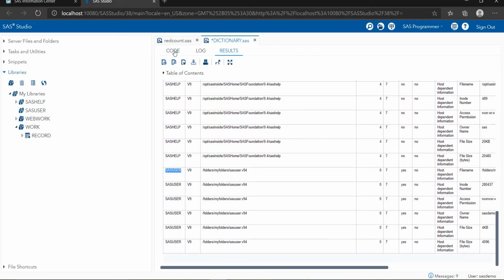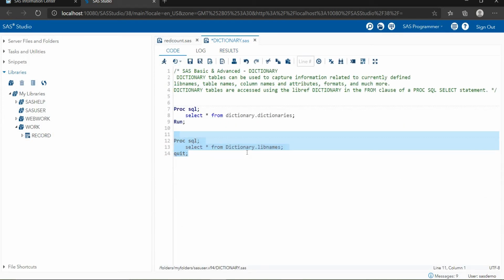All the library information is created. So this is the method to get the information about particular libraries. If you have some drive and your folders are saved there, you can also grab the information about the folders with the help of the PROC SQL dictionary method.